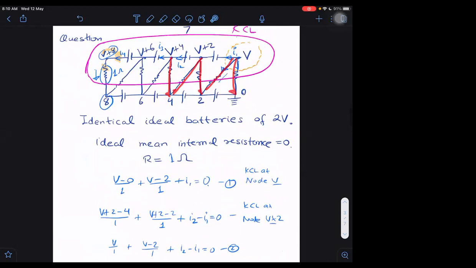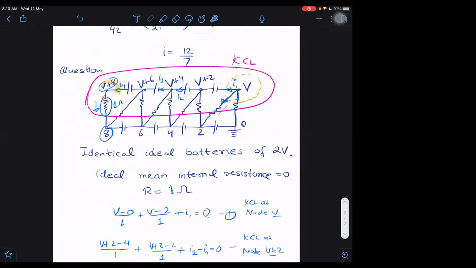So do it and tell me what the answer is. You can do it orally also, in fact. Let us start with our first branch. In the first branch, it is V by 0. What is in this vertical branch here? All vertical branches contain the same current. Are you noticing that or not?